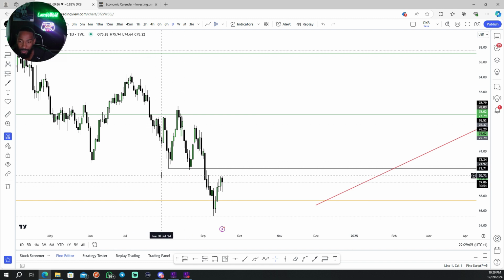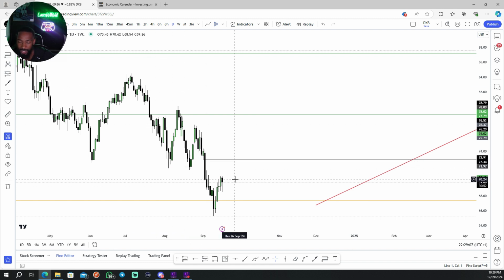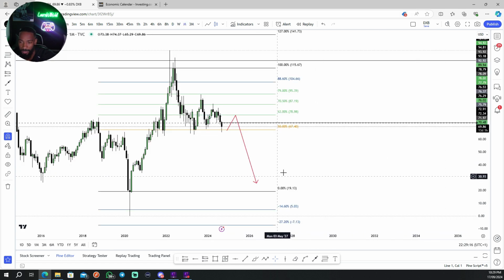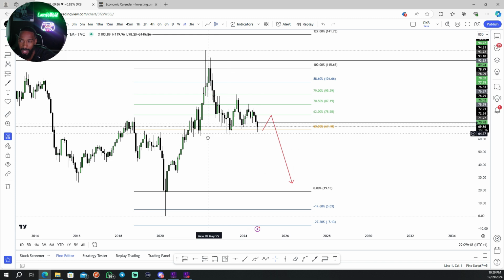I had this candle marked as a level, but if we look here, if price can push up to this area, I'm going to set an alert and keep you guys informed inside the Telegram channel. But the higher this could go, the better it would be. When we look at this on the monthly time frame, this has pushed up and this looks like it's coming right down. So we do need to stay patient, guys.